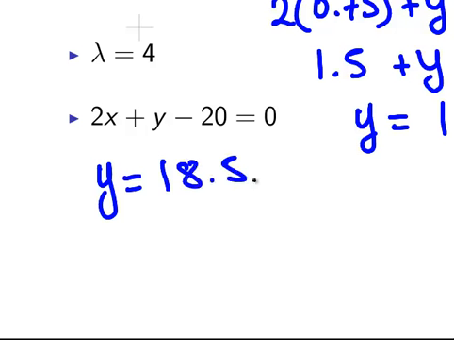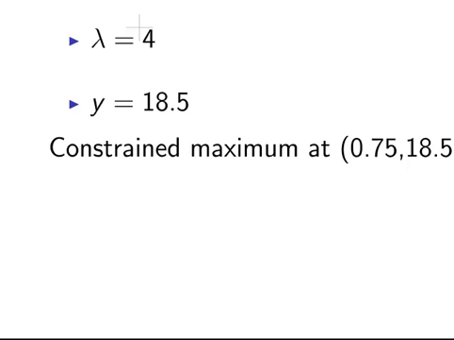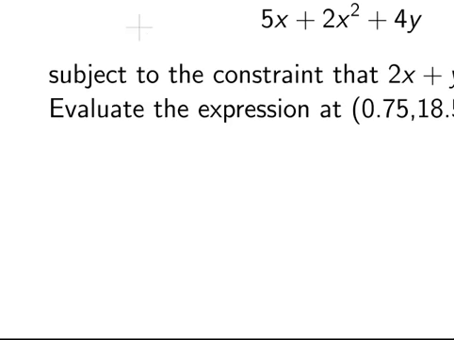y is 18.5. So that's them all there. We're not particularly interested in lambda, we're particularly interested in x and y. And the constrained maximum is at x equals 0.75, y equals 18.5. So what we're going to do is find out the maximum of that expression subject